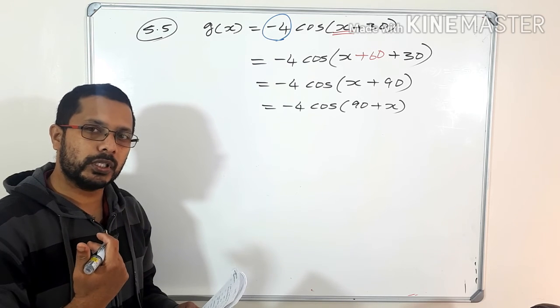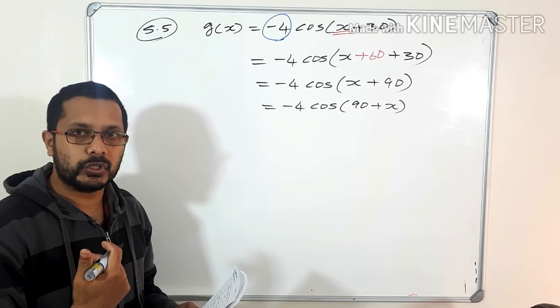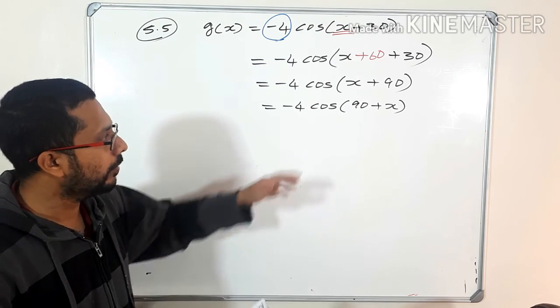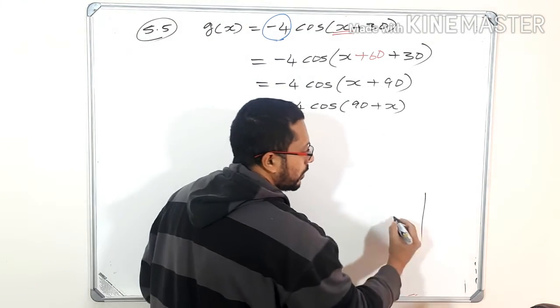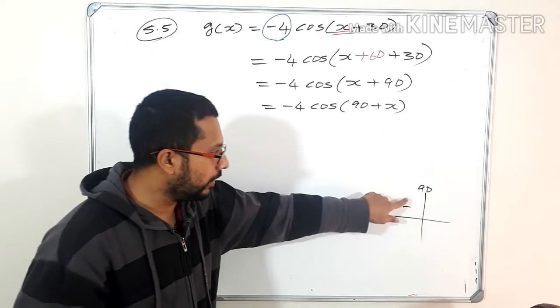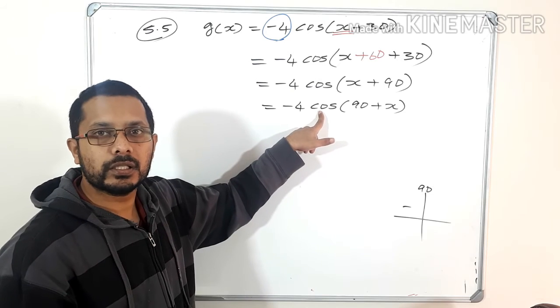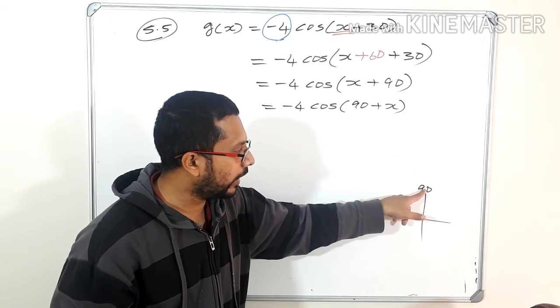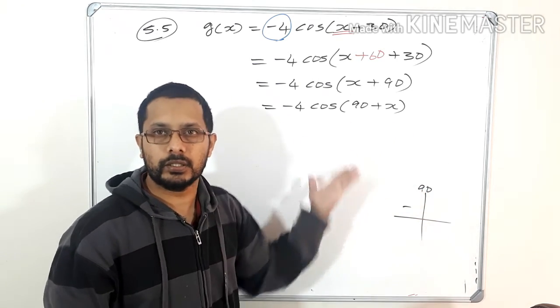Second quadrant, what is positive? Sine is positive. Here what? It is negative, okay, because 90 plus means second quadrant. Second quadrant sign is positive. Here what? It is cos, so it is supposed to be negative, and if it is based on 90, you have to change the trigonometry.